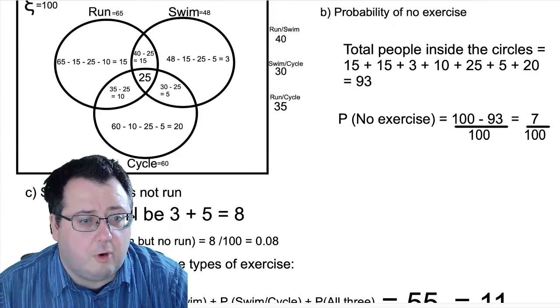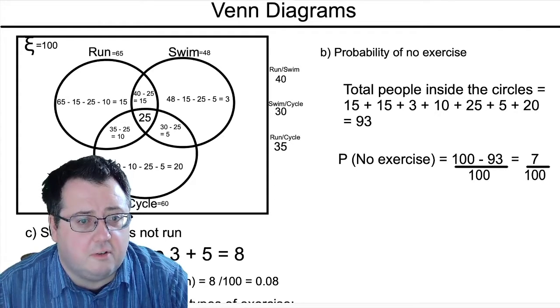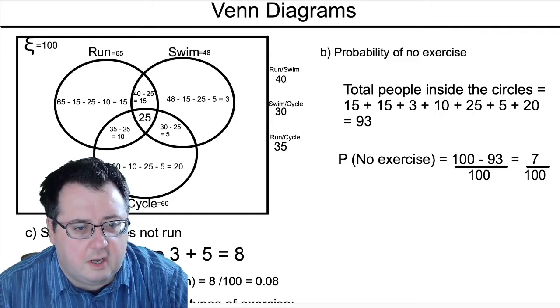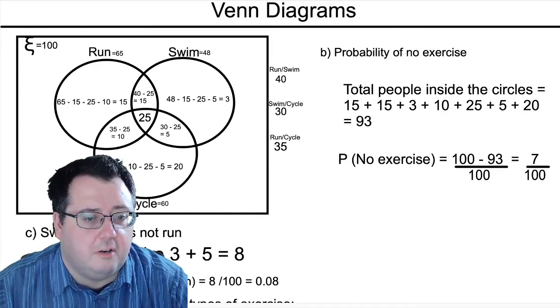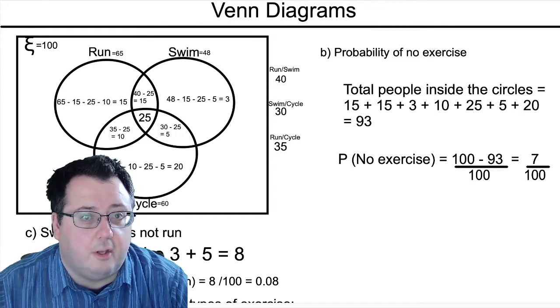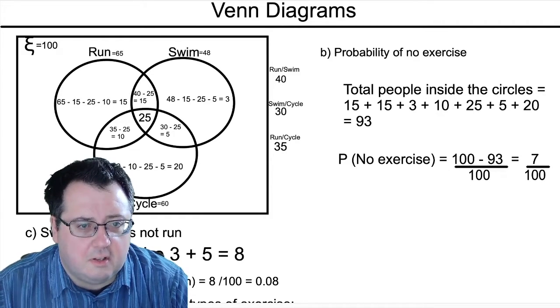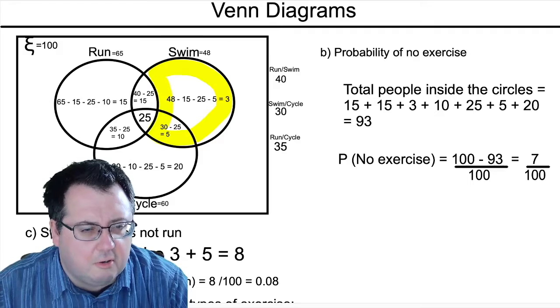Swims but does not run was the third question. So swimming but does not run would be this section here, which is just 5 and 3. So maybe I can highlight that for you if I get my highlighter pen. Let's go for a different colour. Let's go for yellow. So swimming is this circle, yeah, but does not run means that I cannot include anything